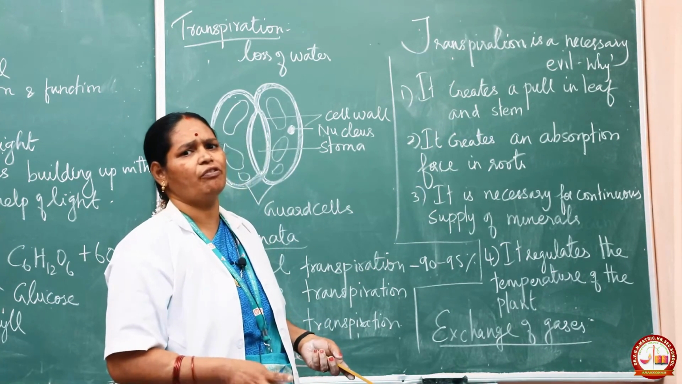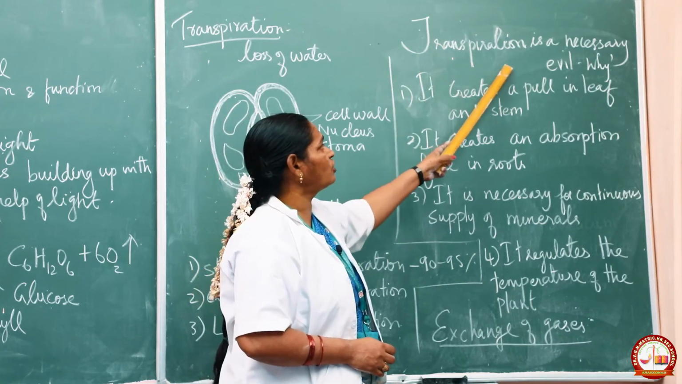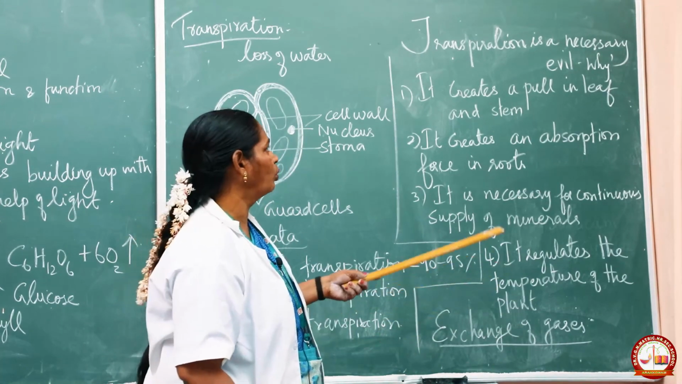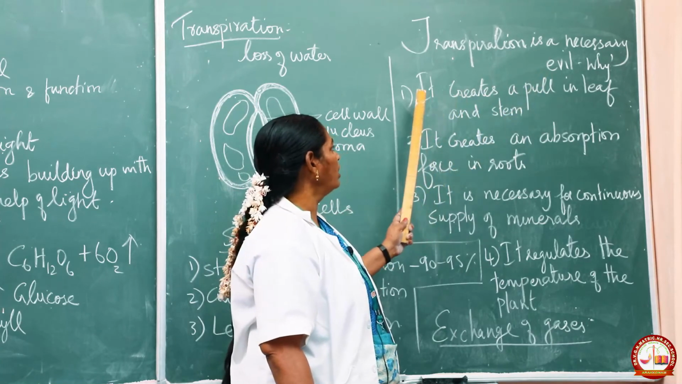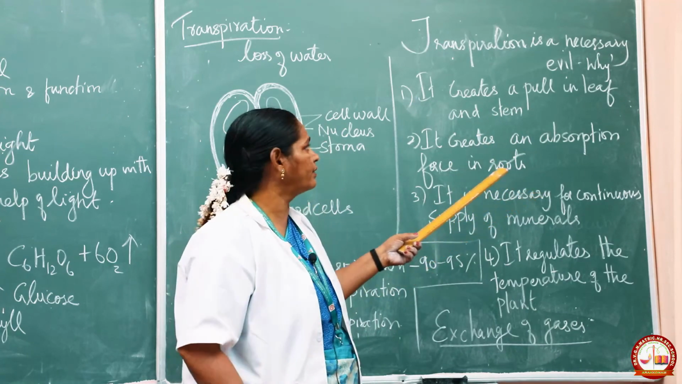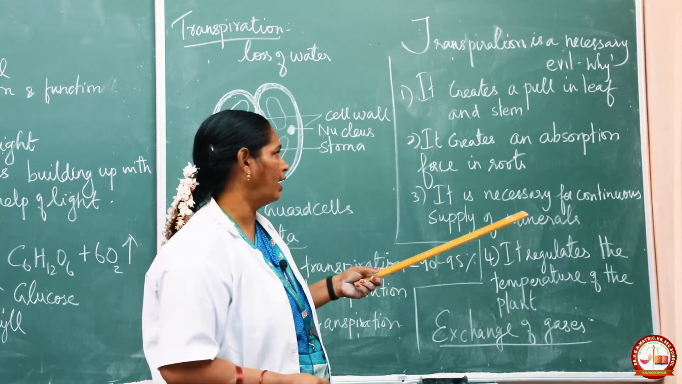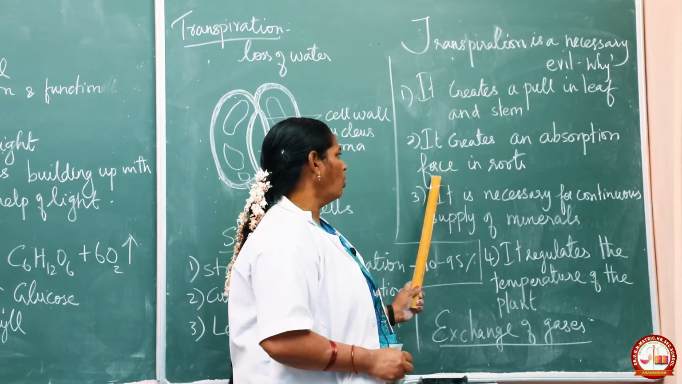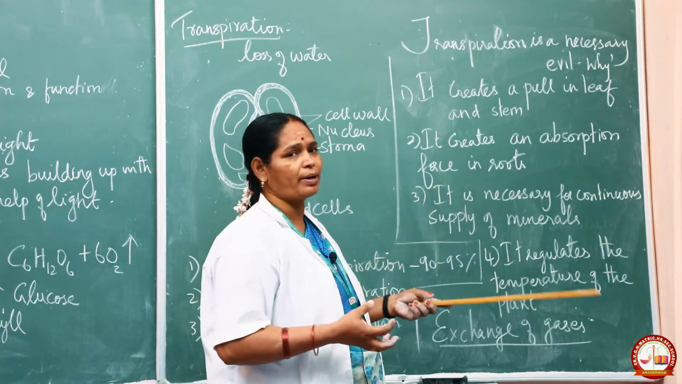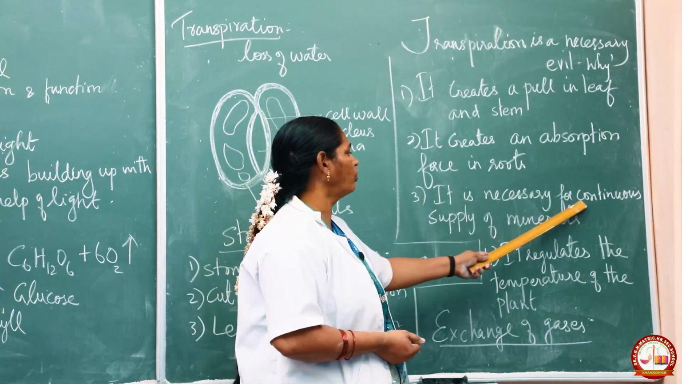Children, why do we have this transpiration? It's very necessary for the plants to go with the transpiration, because transpiration is called the necessary evil in plants. It's a necessary evil. Why do we call it a necessary evil? Because it creates a pull in a leaf or stem. A pull is needed in the leaf or the stem to absorb more amount of water from the ground, and it creates an absorption force in roots, and again it creates more absorption. What happened? More water would be captured by the roots, and it is necessary for the continuous